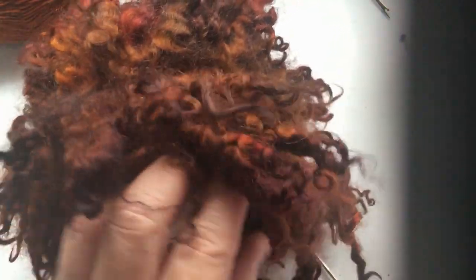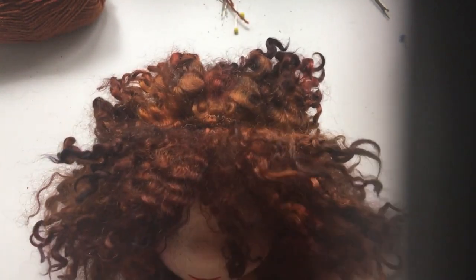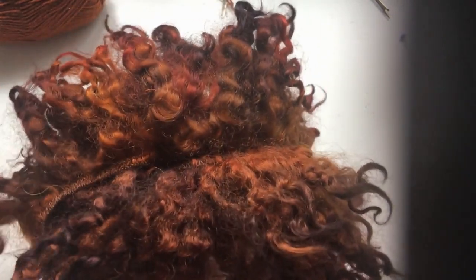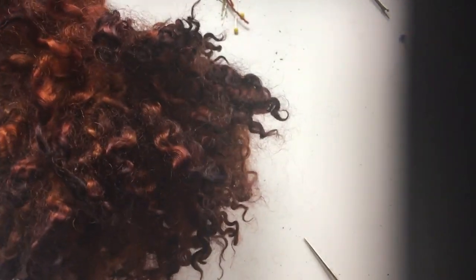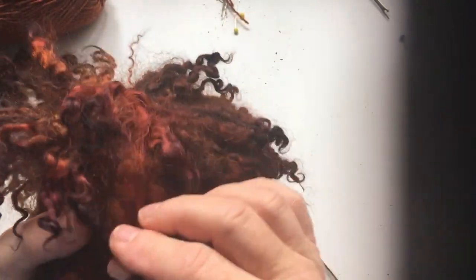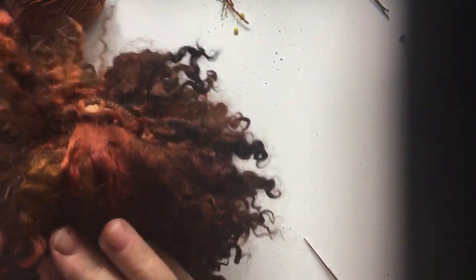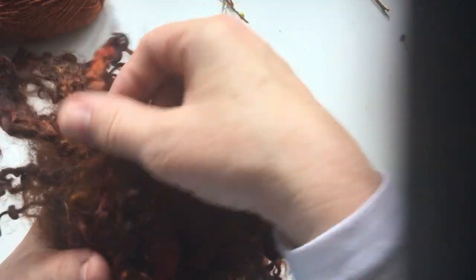Now, if I were to finish this, I would cut the bangs, or I would lay it aside, whatever. This is just roughly how a wig ends, and now you have to do a hairdo, of course. Okay, once you've done that, then you are completely finished, but there is always a little bit of mess in the locks. Now, if I have locks that I want to lay backwards, for instance, which they are not doing,